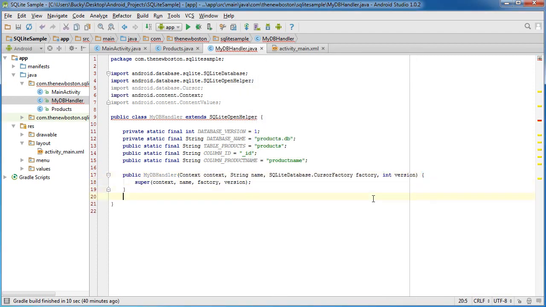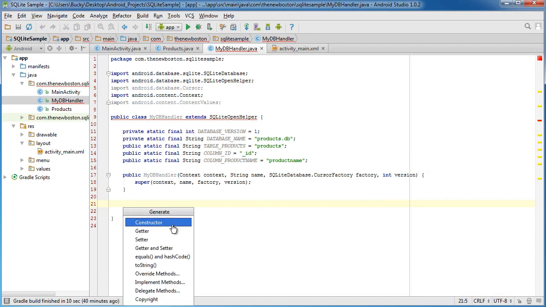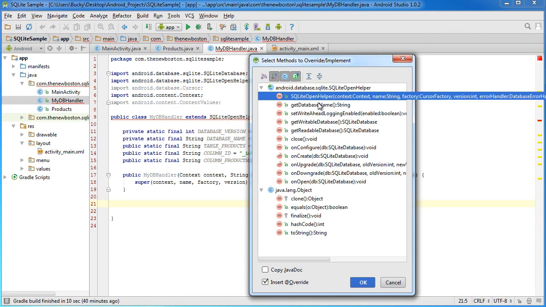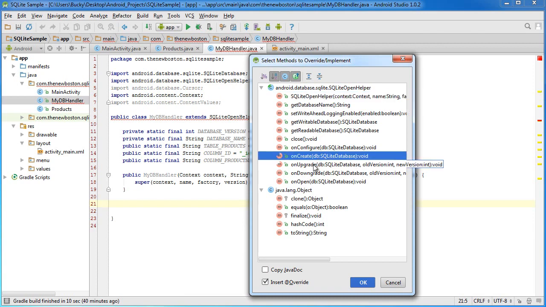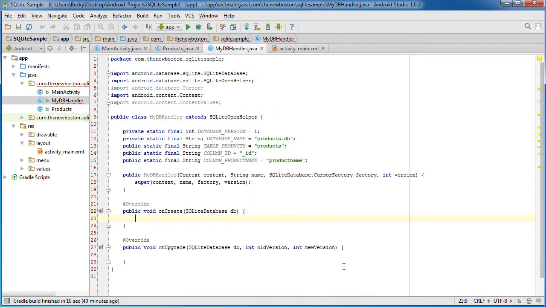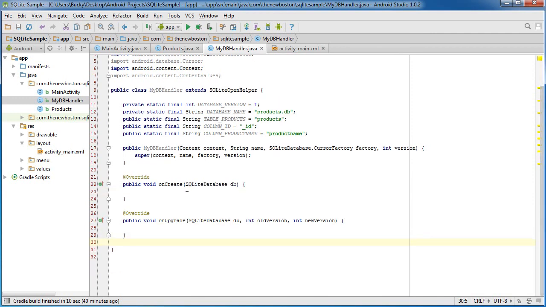Second, and we have to do some stuff to here, but I'm just going to show you guys what you need. Second, you need to override 2 methods. So let's go ahead and override methods, and that is onCreate and onUpgrade. Now, as soon as you add those, then the errors go away, but of course we need to understand what